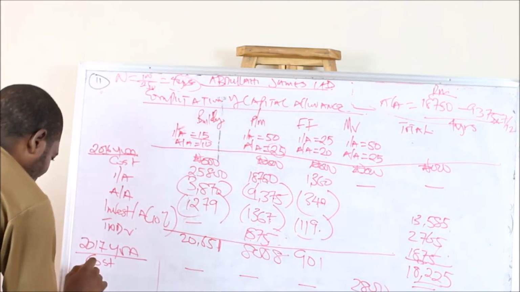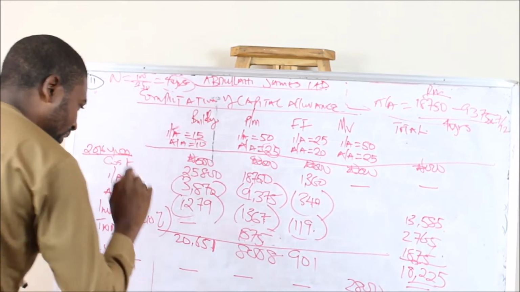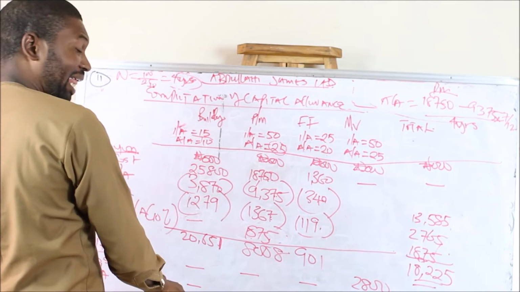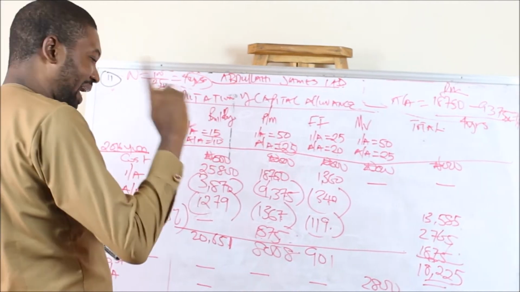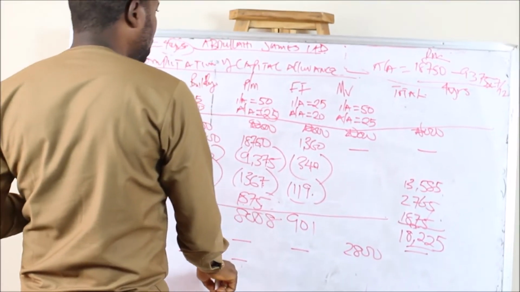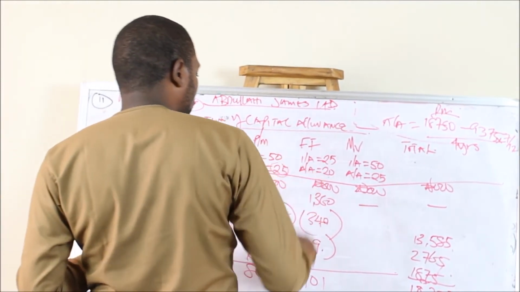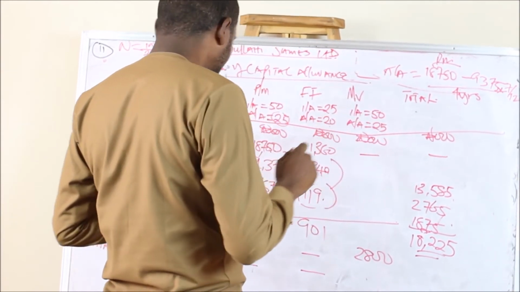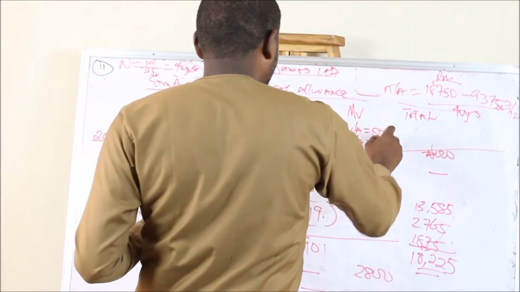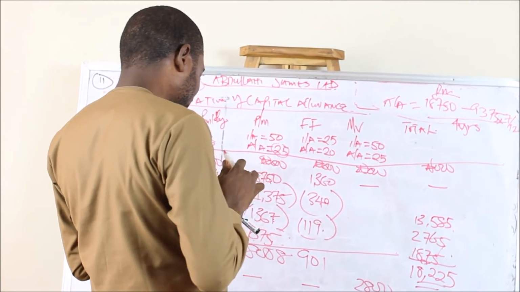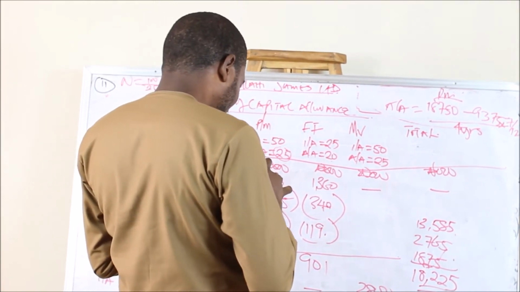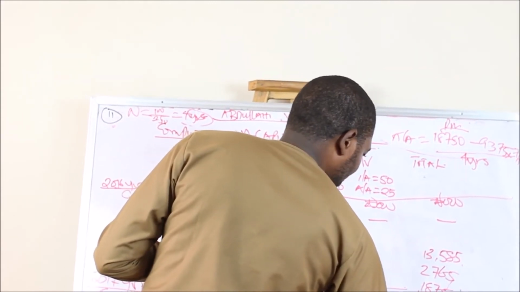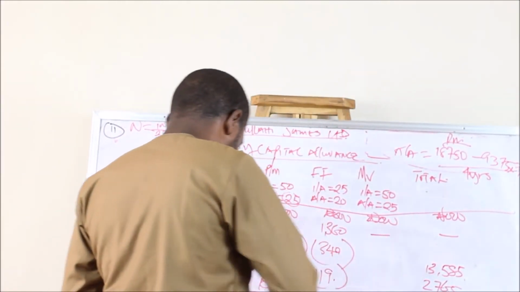Which means we have to calculate the initial allowance on that motor vehicle. Remember, we say initial allowance because building will not enjoy initial allowance again, since it is once in the lifetime of that asset. Plant and machinery will not enjoy initial allowance again. Fitting and furniture will not enjoy initial allowance. It's only the motor vehicle that's going to enjoy initial allowance. And remember we say initial allowance is 50% of 2.8. 50% of that 2.8 is going to give you 1.4. So now bring the 1.4 also here.